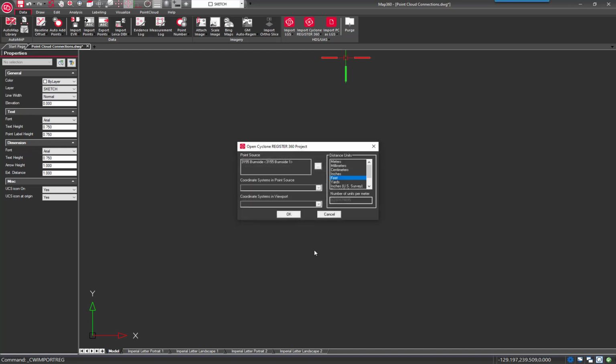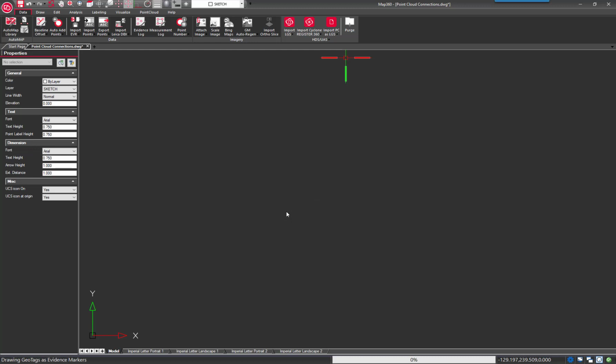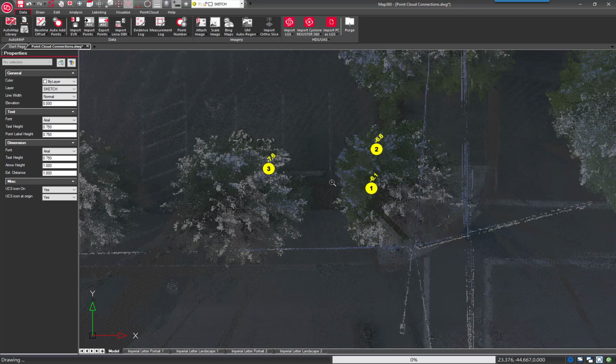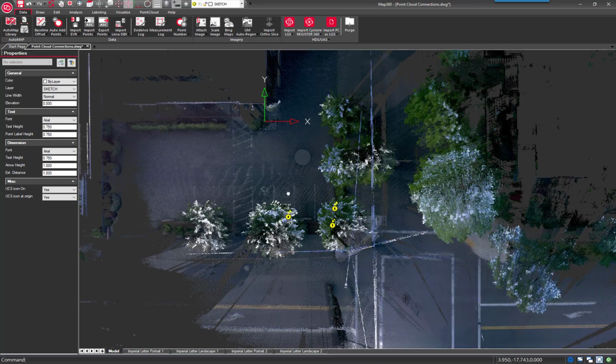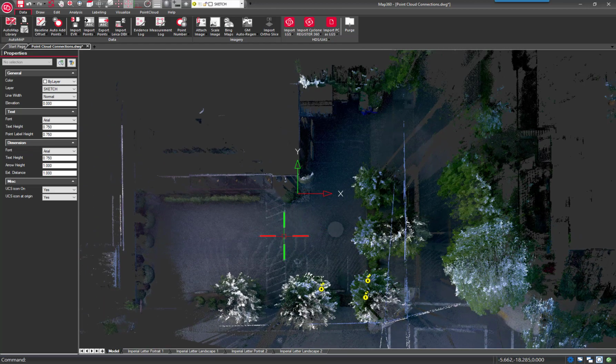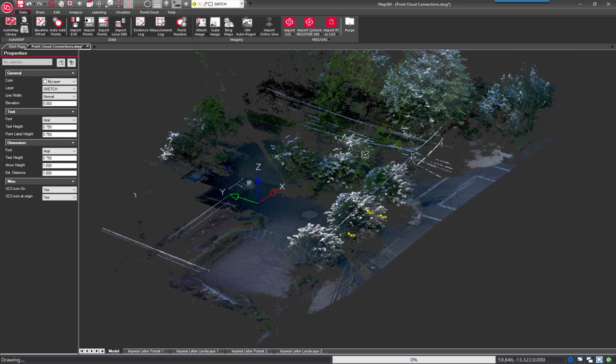So I'm going to pick my project. And it's going to open it up directly. It opens very quickly, and if there's geotags established, you can see here the geotags have imported already into my project for me. And at this point we'd be ready to start